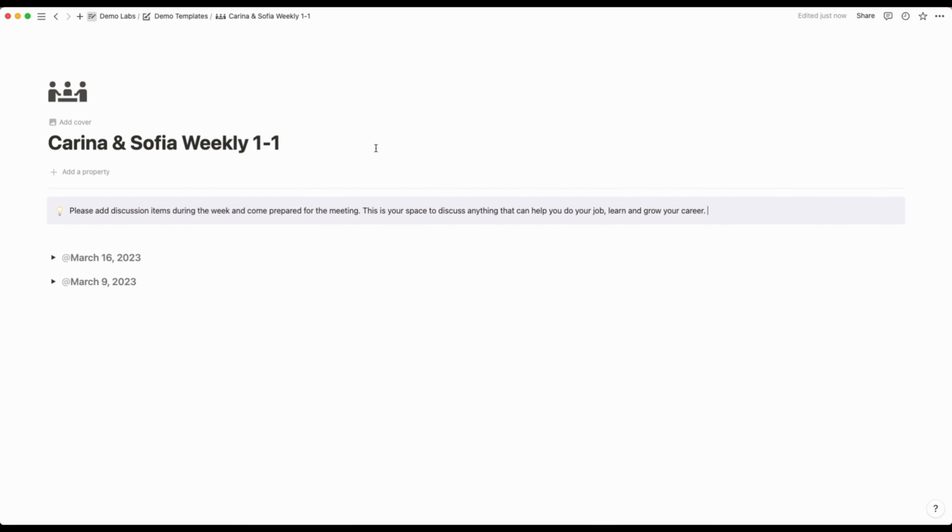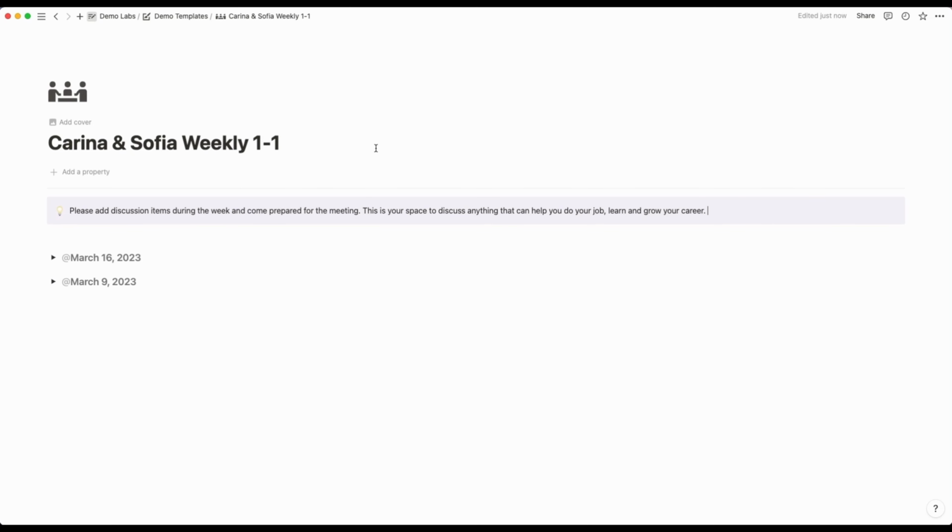We've now covered 4 out of the 5 possible actions that you can create with the new Notion button. We've covered add items to a database, open a page, edit items in a database, and show a confirmation pop-up. So now let's cover our final type of action that you can create with the button, which is insert blocks in a page. And for our last use case, we're going to use a one-on-one meeting page as an